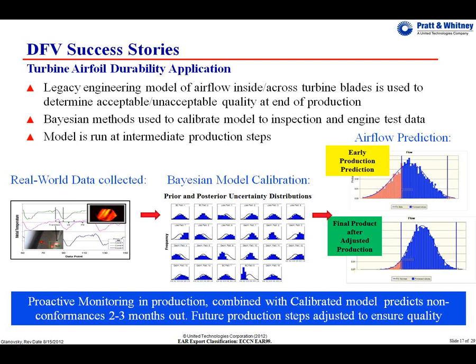Of course, since they do this process in steps, producing the blades, it wouldn't be too hard to adjust the future steps that haven't been done yet to try to compensate for whatever was done early in the process, which is making it look like we might not pass this blade.